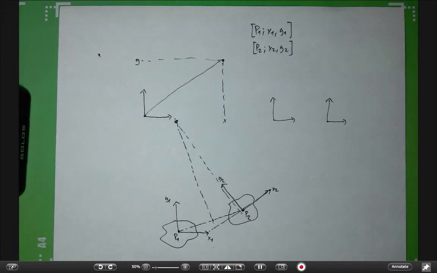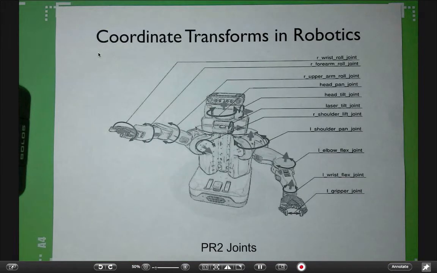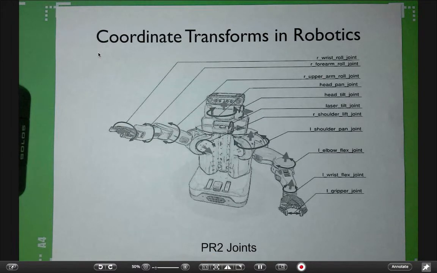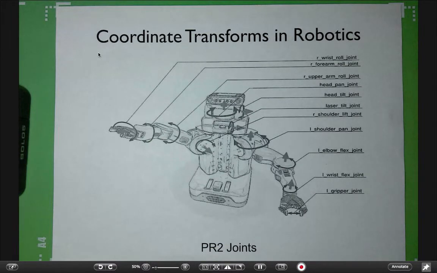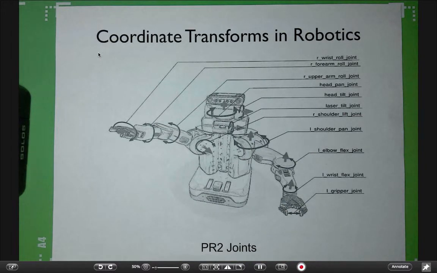But this actually is important, like in robotics, for example. Speaking of robotics, I have this slide which shows coordinate transformations in robotics. This is some PR2 robot. And a robot is modeled in robotics as a collection of rigid bodies which are connected by some movable links, right? So each of these pieces is a rigid body, and the rigid bodies can move relative to each other. So it's not quite like a human, that's a little bit squishy with muscles and things like that. The robot can have only much simpler motion, like the joints are typically just rotational or translational,